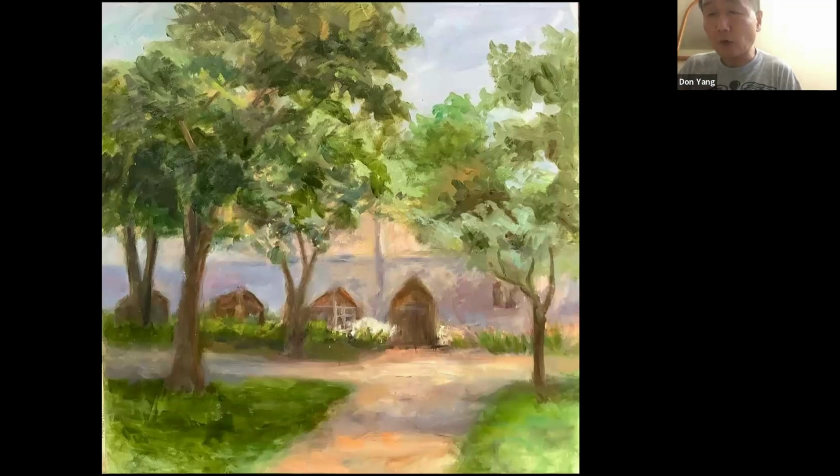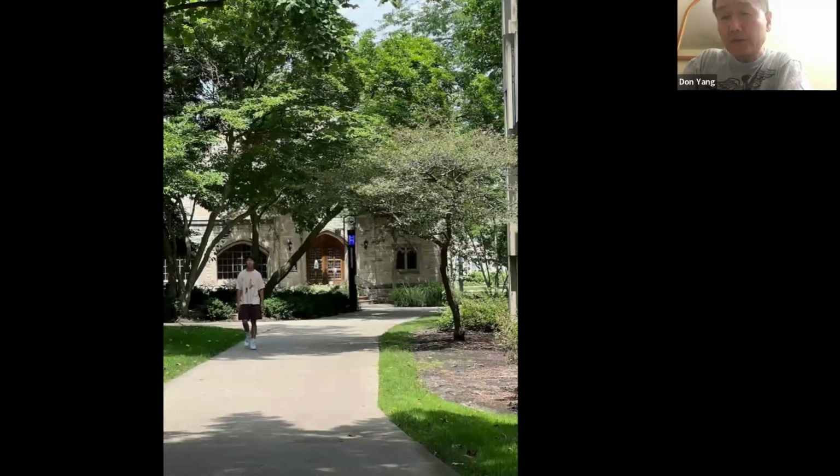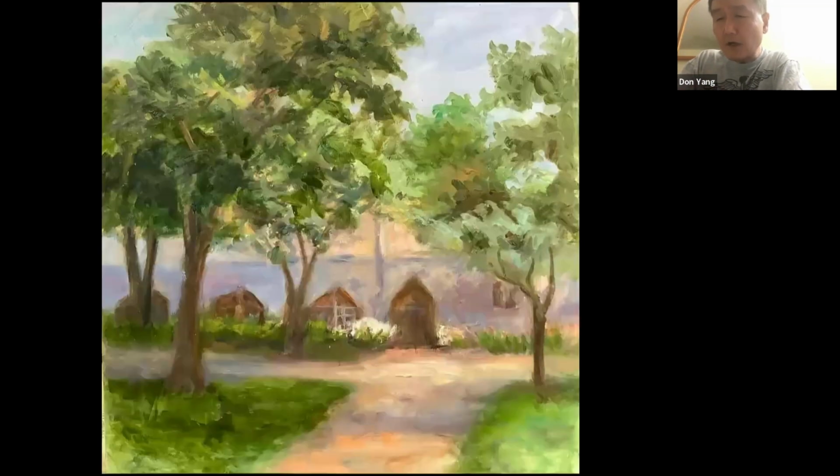But I really like the warm temperature on the sidewalk, the front, the walkway there. Oh, that's one thing I forgot. I would have separated the light against the shadow on the walkway with a little stronger value contrast between the light side and the shadow side, light shape and shadow shape. There's certainly a very strong temperature difference between the warmth of the light part of the sidewalk or walkway and the shadow side.